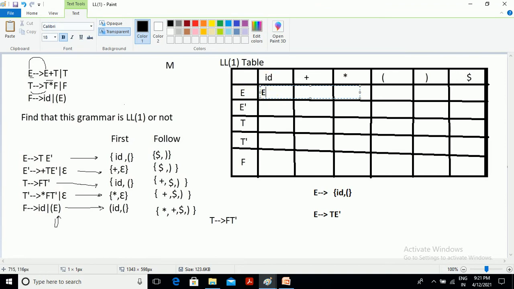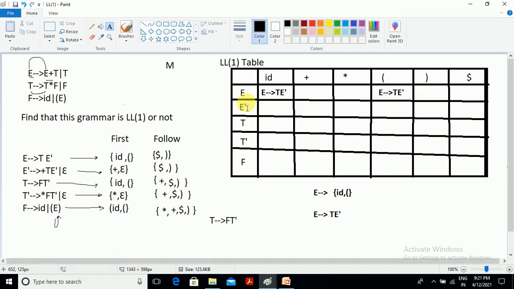So we need to fill the respective cells: in the column id, E derives TE'. Then for open parenthesis also, E derives TE'. We don't find that production under any other characters, so we write it only for their first. Done.